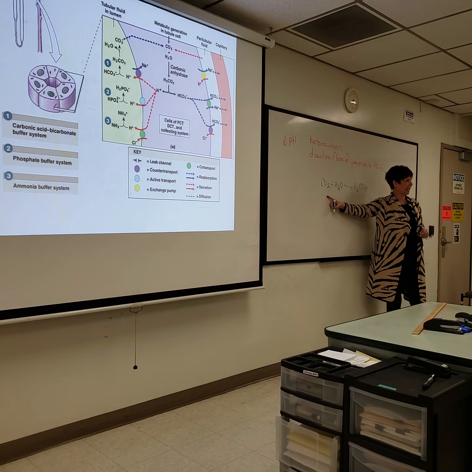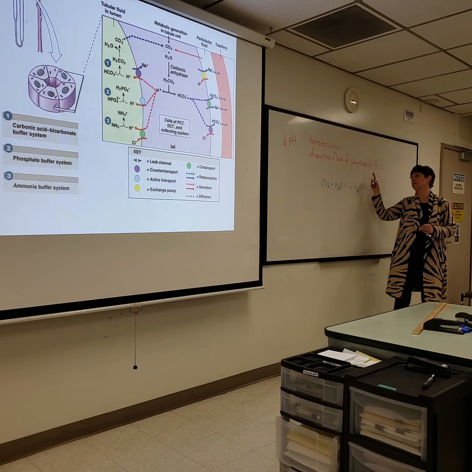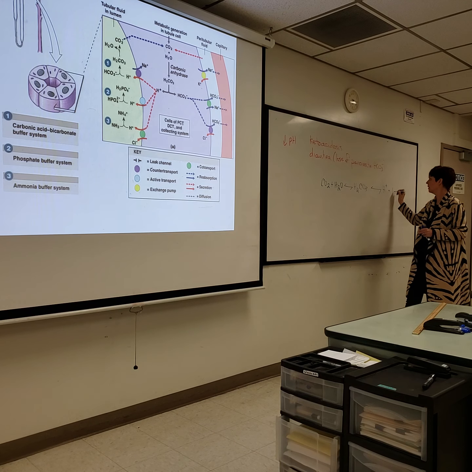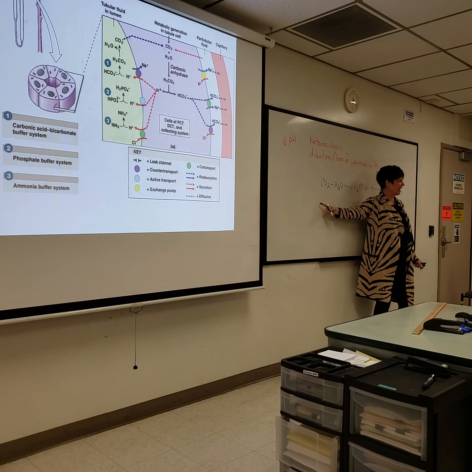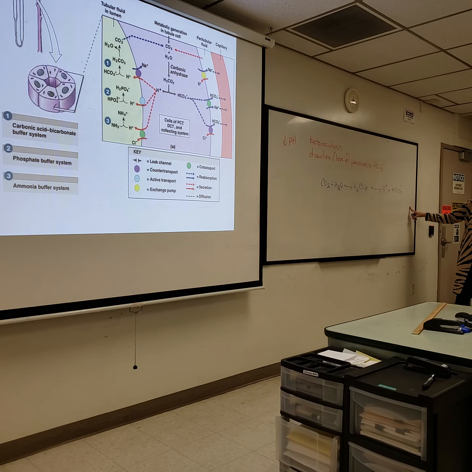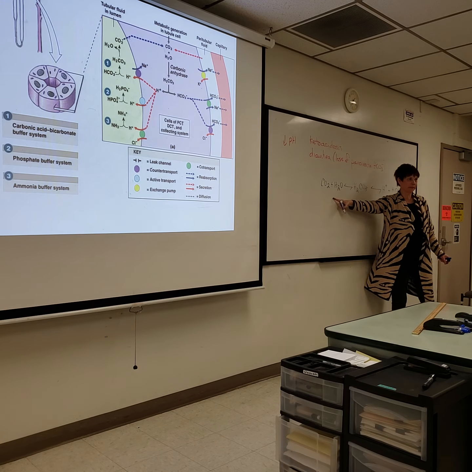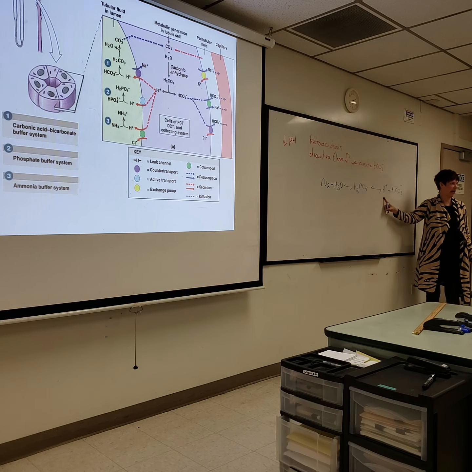Because we remove or keep with deep respiration and rapid respiration, we get rid of CO2, which means it cannot bind with water. Therefore, we do not make carbonic acid. Therefore, this does not dissociate into hydrogen. So even though we're not actually losing or gaining hydrogen, we affect the direction of this formula, okay? So for this one, do we need to get rid of CO2 or do we want to keep CO2? If we keep CO2, we're going to form carbonic acid and we're going to add hydrogen ions as that dissociates,